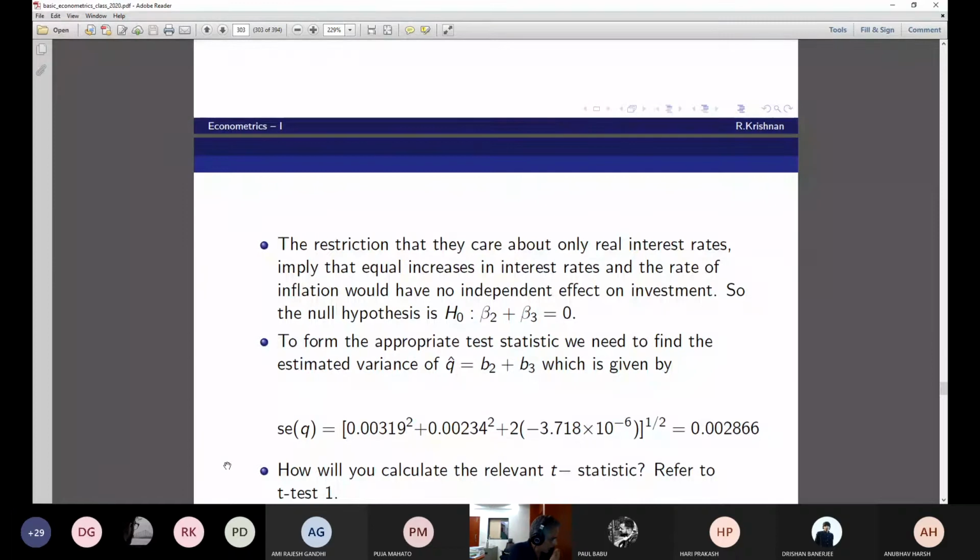What is the T stat? 1.84365. And what is the F? The corresponding F is 3.399136, with significance level 0.0667. So my question is, can you accept this hypothesis, Hari Prakash? Can you accept the hypothesis at the 5% level?